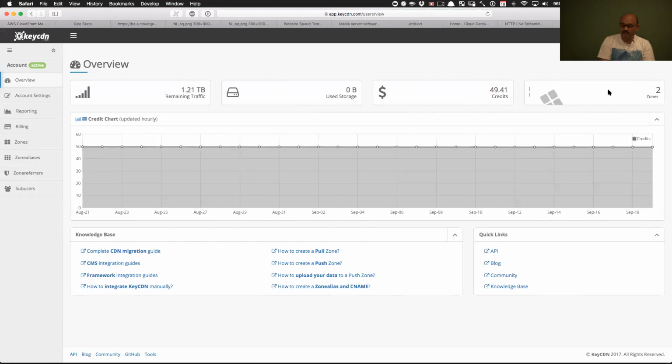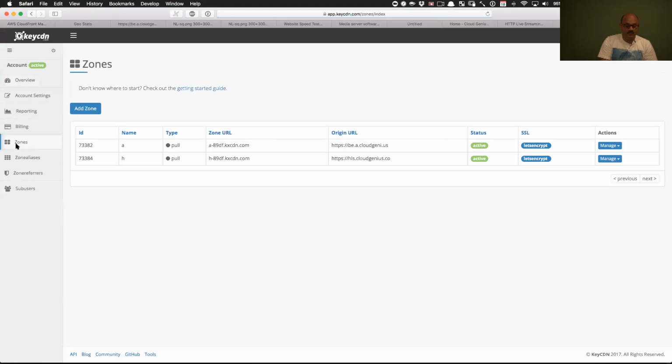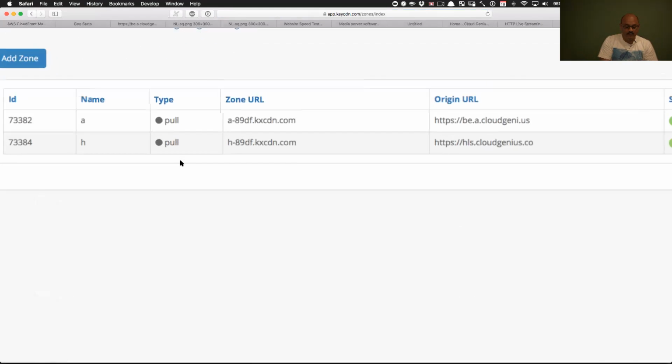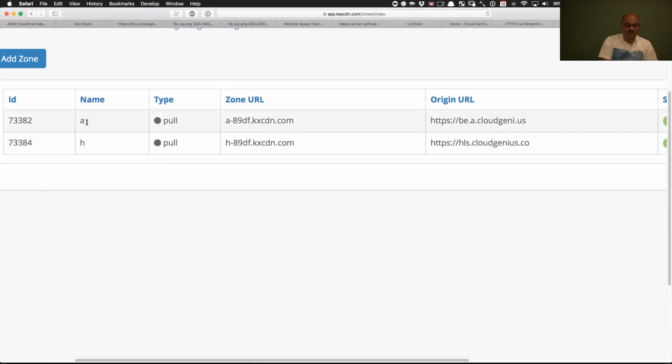One of these two zones is the object delivery, for picture delivery, JavaScript delivery, static objects, content delivery network, web distribution. The second zone that I have is labeled slightly differently, and it is called H. The first zone was A. The name I used is A, and the other one I used is H. H for HTTP live streaming. And it is basically going through this URL,